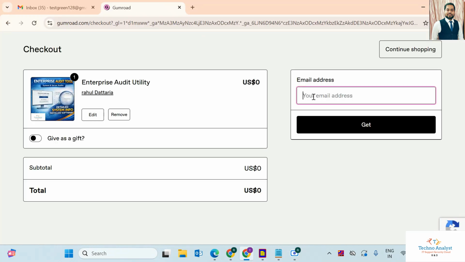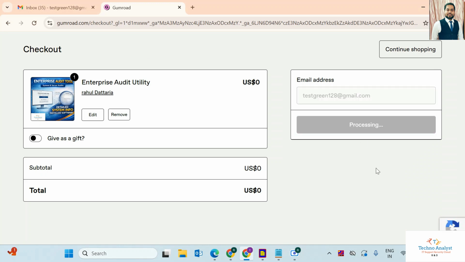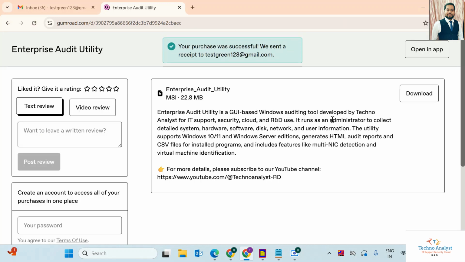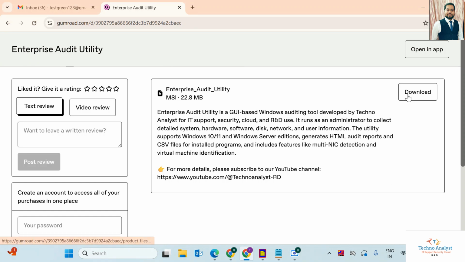Here you can mention the email address. Then you will get this screen. Here you can just click on download. So it will start downloading. See,